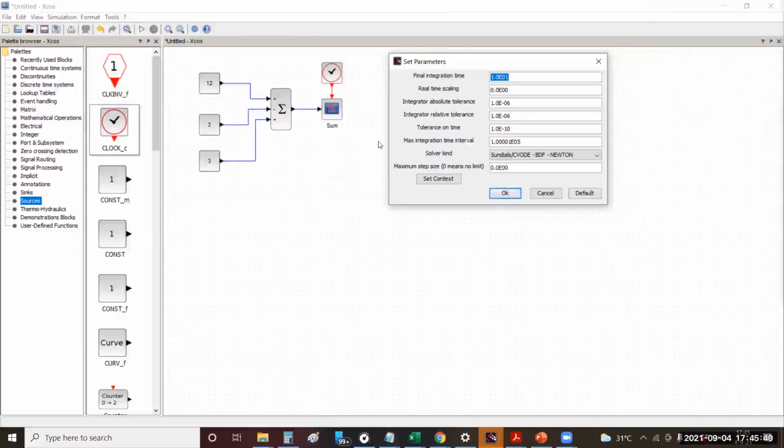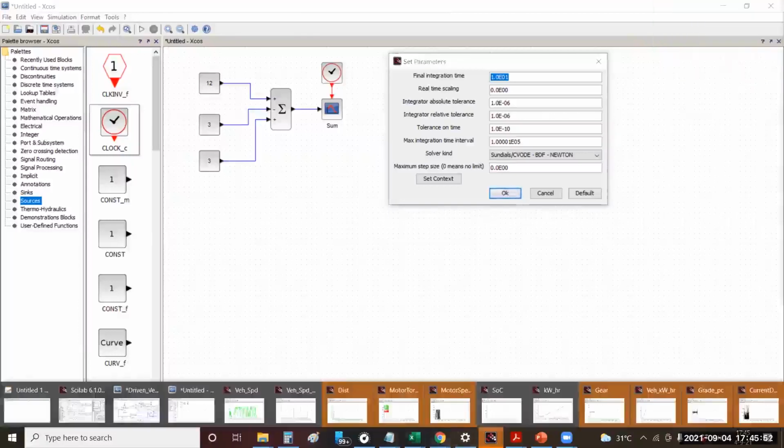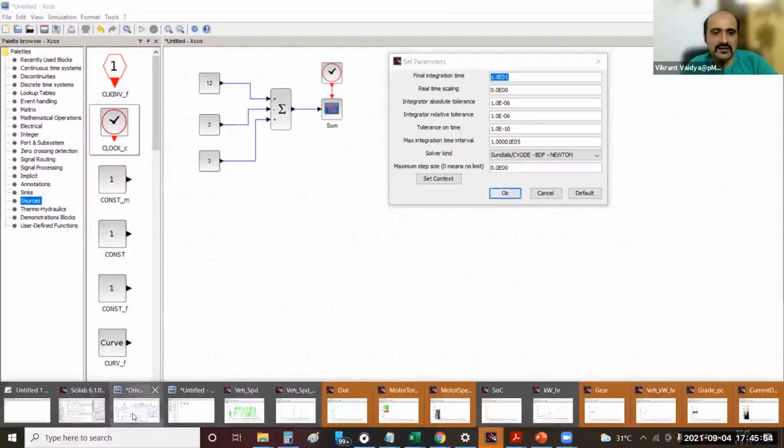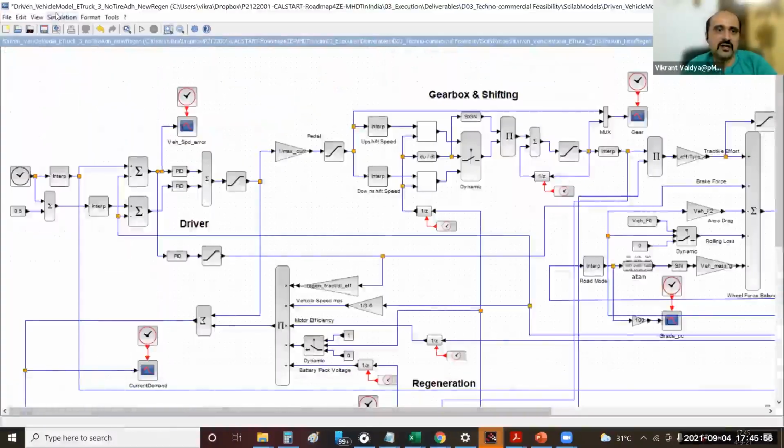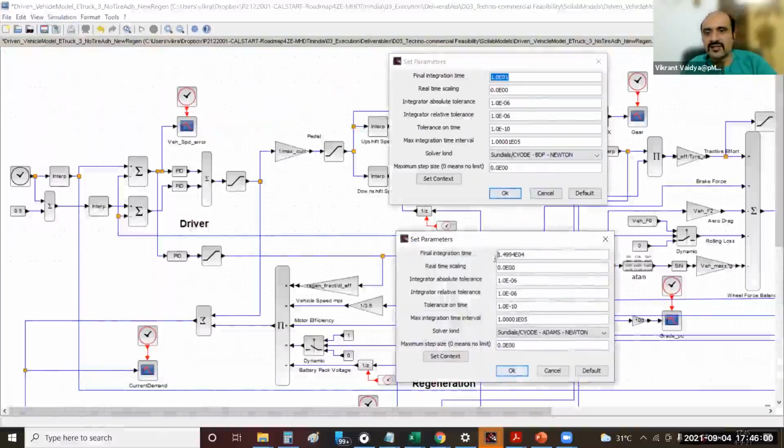Okay. So I have some examples here. I was running some simulation of a truck. Now if I go to simulation setup here, you can see it is 14,994 seconds. So that's what my cycle was.